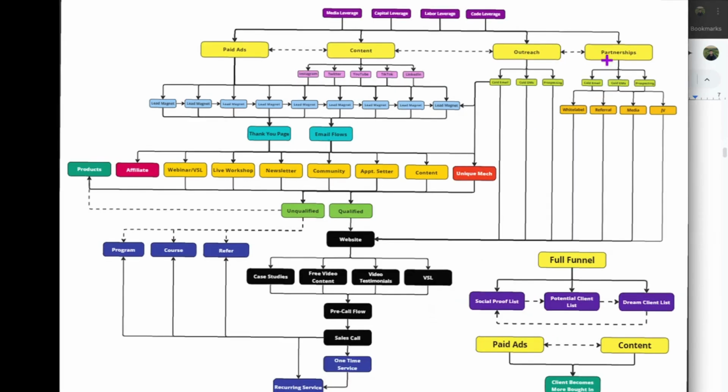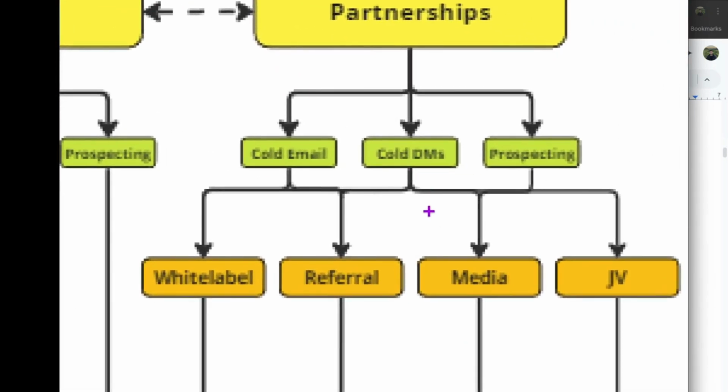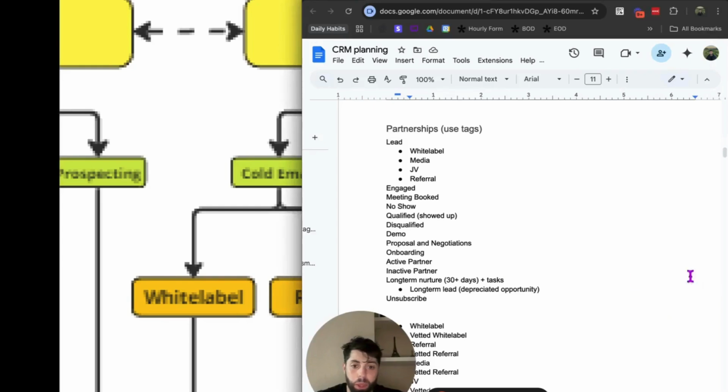Cool. So what would be the partnerships channel? And then this is something that Matt Larson laid out. I'm not inventing anything here. I'm simply using his framework. Where for partnerships, you could either find white label partnerships to help with fulfillment. You could find referral partners, media partners, or joint venture partners. And then I just lay these all out. One thing I have here is